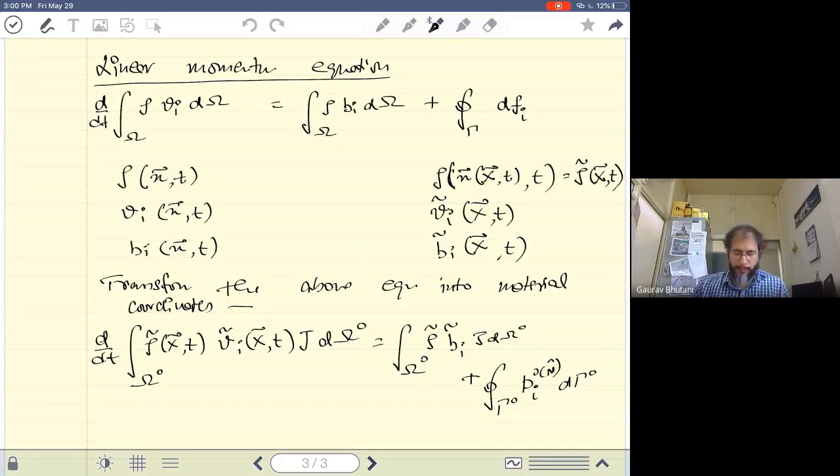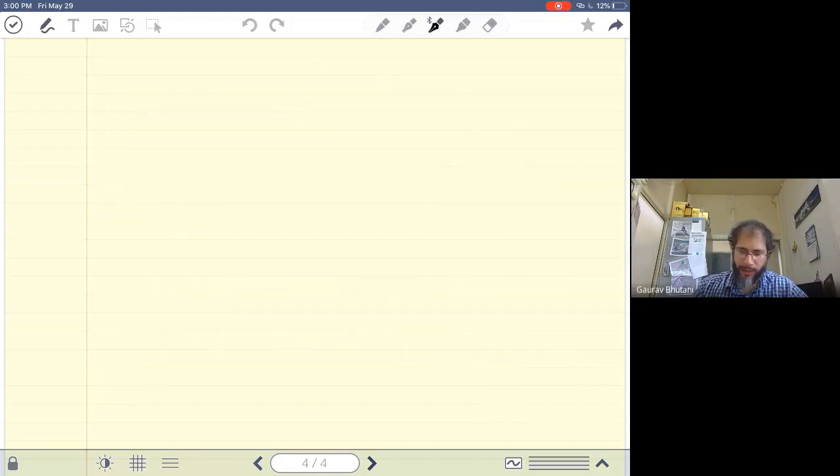All right. So now we can do a bit of a simplification. The d by dt term on the left hand side can be moved inside the integral, as we have learned earlier. Moreover, using the continuity equation, we will see that the differentiation simply goes over to the vi term. So I'll just write the expression here.